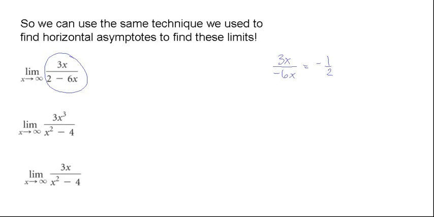And what do we say? If we got out a number, then that was the horizontal asymptote. And it's the same in the case of limits. This is, in fact, the limit for this case. Again, if you're having trouble understanding or conceptualizing this, try it out on a calculator. Put 3x over parentheses 2 minus 6x, close parentheses, and do either the trace feature on your function and let x get larger and larger and larger, or use the table feature to see what happens as x gets larger and larger and larger. You'll see it gets to negative 1/2.